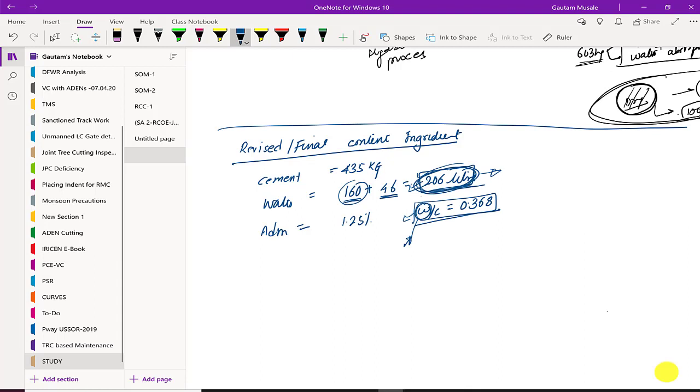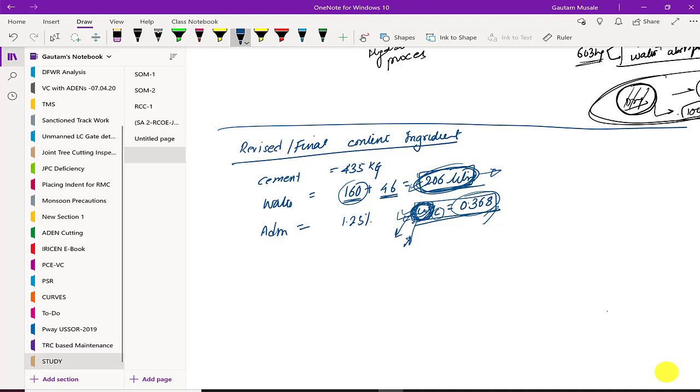Now many of you must be confused over here that the cement content is the same, the water has increased from 160 to 206. Why does the water to cement ratio remain the same? It should increase. The confusion is alright, but the answer is it will remain the same. The reason is, try to understand: in the water to cement ratio, W stands for water content. This water is required for hydration. This extra water plays no role in that ratio, as it is only for making the aggregates SSD.